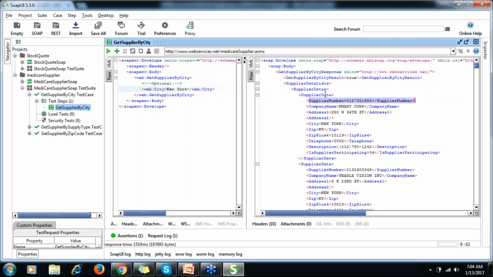Absolute XPath means I have to start from the beginning and then traverse till here. Relative XPath means if I know any nearby node, from there I can traverse. If I know supplier data list datas, then I can traverse to any supplier data. So this is how XPath works in XML format.